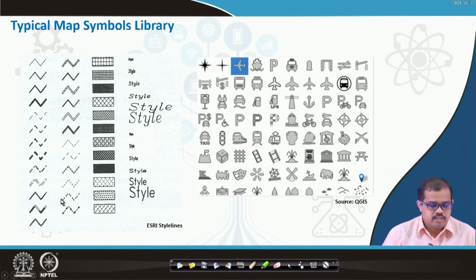which is representing different symbols. For example, these are your symbols for your line, representing different quality and quantity of representation. Here is a polygon with different styles. So you can use these symbols in terms of representations, and these are symbols that are used by QGIS. Along with these, you have, for example, airports, ships, your north arrow, your car, your parking. So all of these symbols can be used in an effective way.